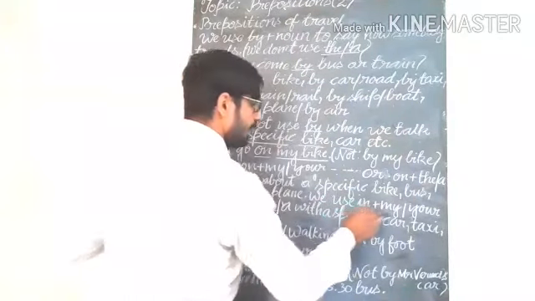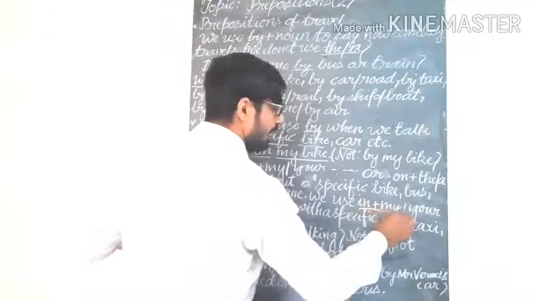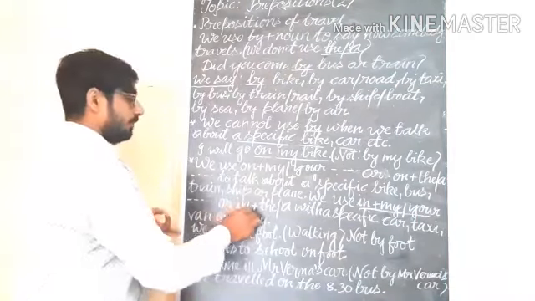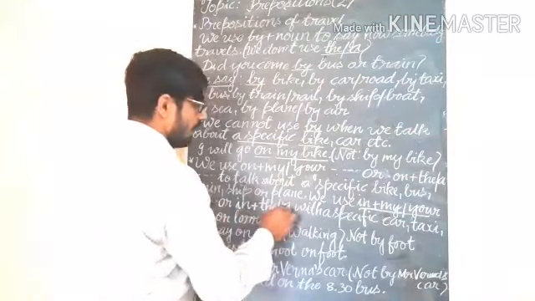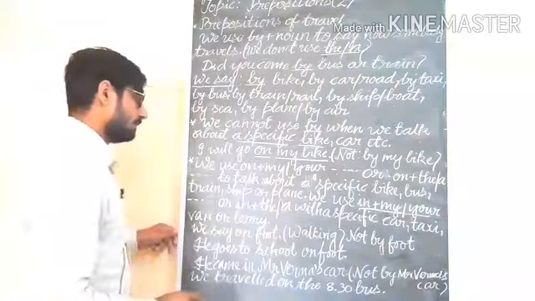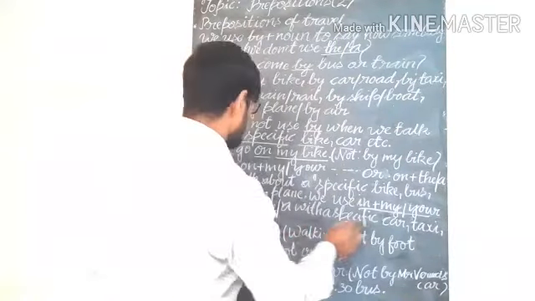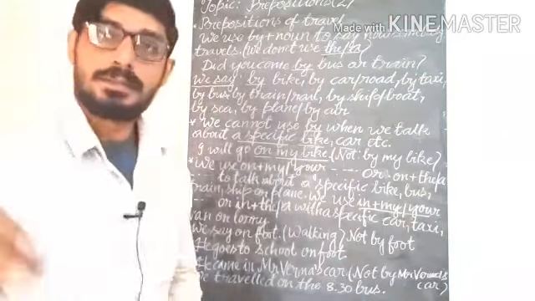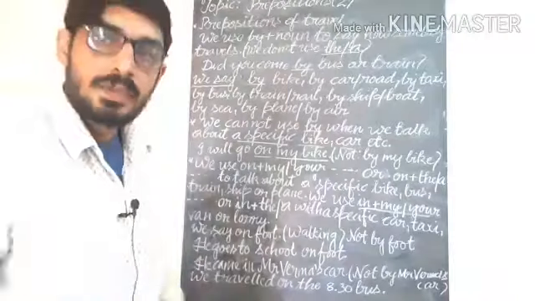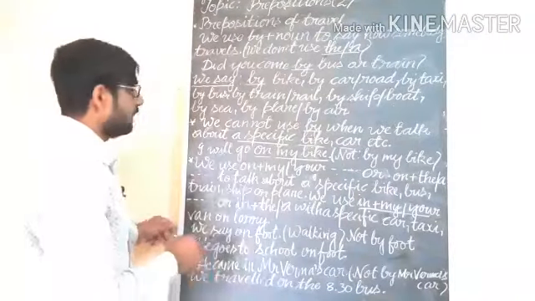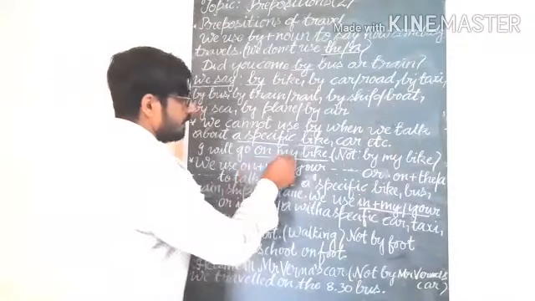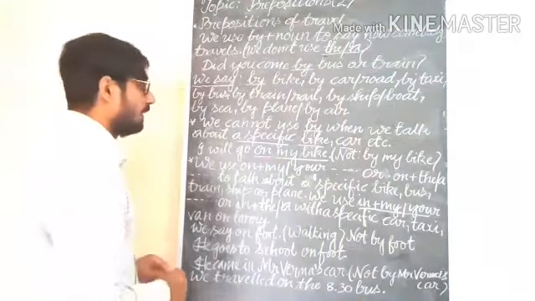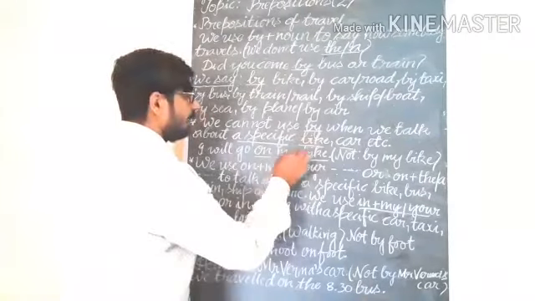We use "in" plus my or your, or "in" plus the or a, with a specific car, taxi, van or lorry. So we have seen in the above example that we are using "on" plus my bike for a specific bike. We can also use "in" in place of my, your.